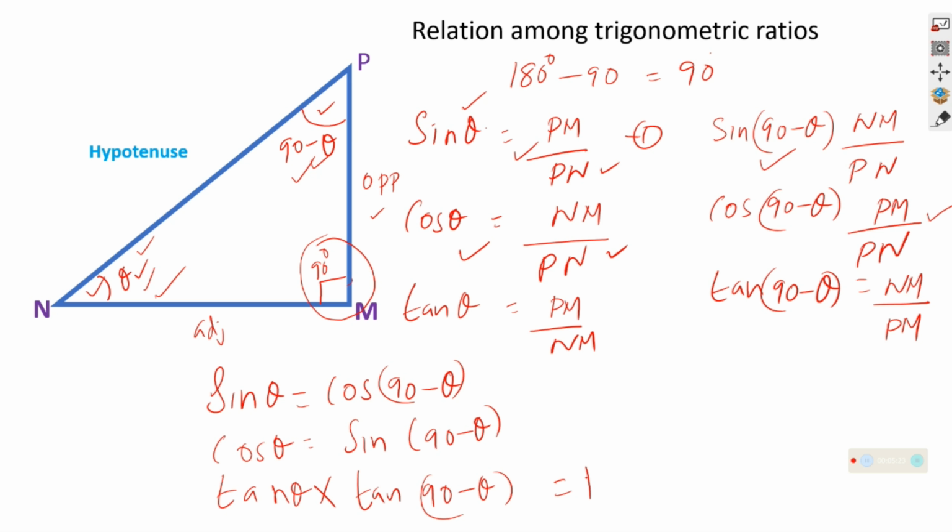On the other hand, let us think about sine theta upon cos theta. We can just simply do this exercise of writing one upon the other. So sine theta is Pm upon Pn, correct, divided by cos theta. You will write Nm upon Pn, that means we have to multiply, it will go opposite, we will write Pm upon Pn,